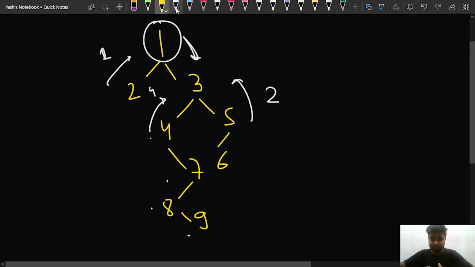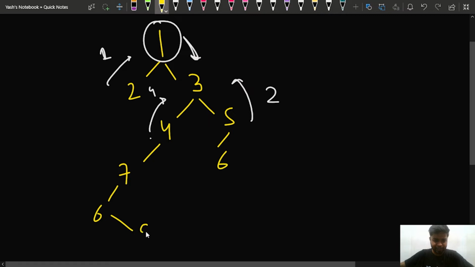So will I return a true and get the height as 5? No. Basically what will happen here is, if we observe this particular diagram, let's say I draw it in a much simpler manner. Suppose I draw a 7 here, then I draw a 6 here, and I draw a 9 here. If I draw this kind of a tree, one thing that we can easily observe is that